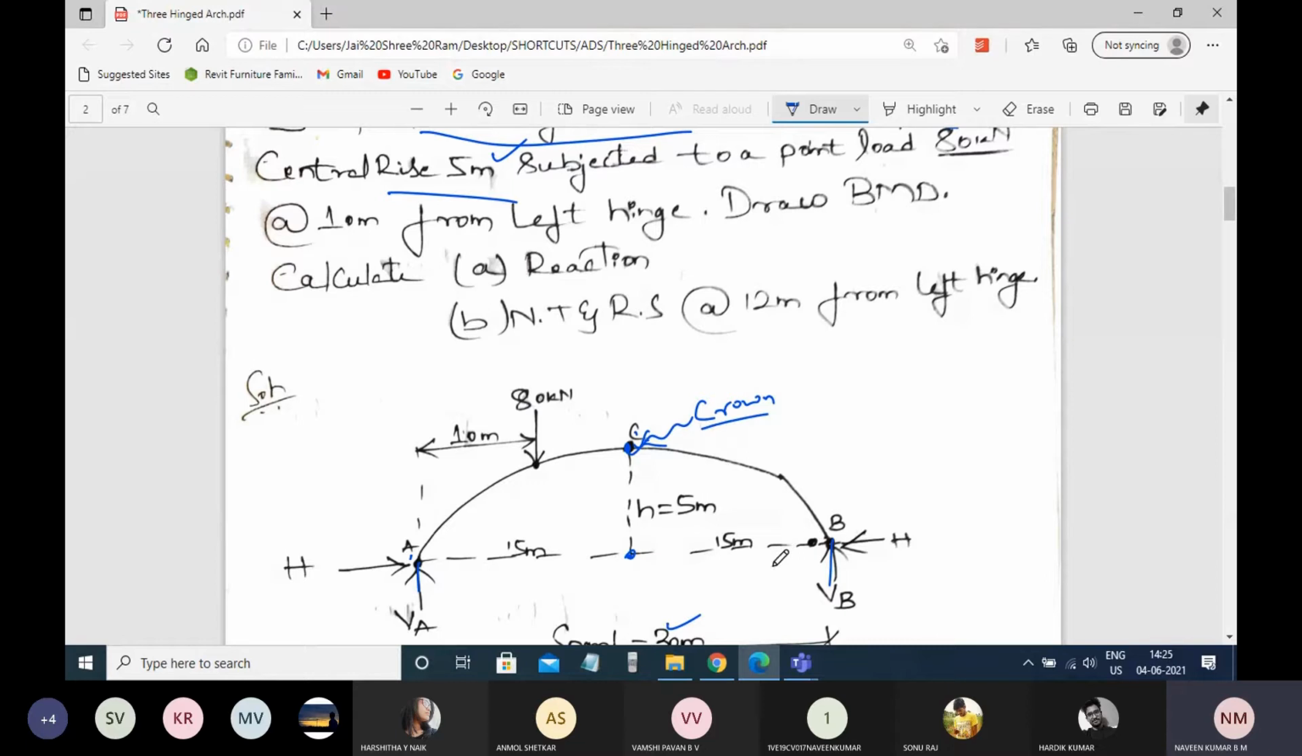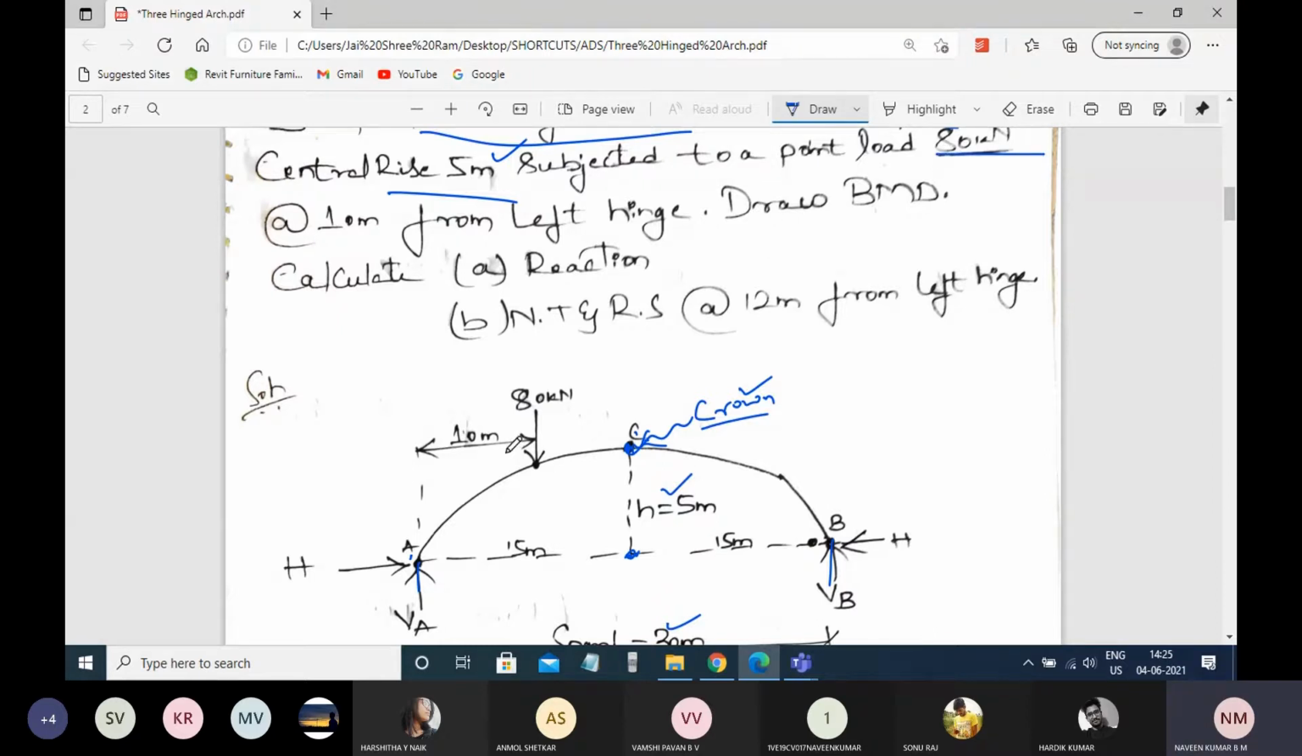The highest point in the three-hinged arch, we can consider as the crown. So technically that point we call as the crown. From the datum to that point, it is given as 5 meter